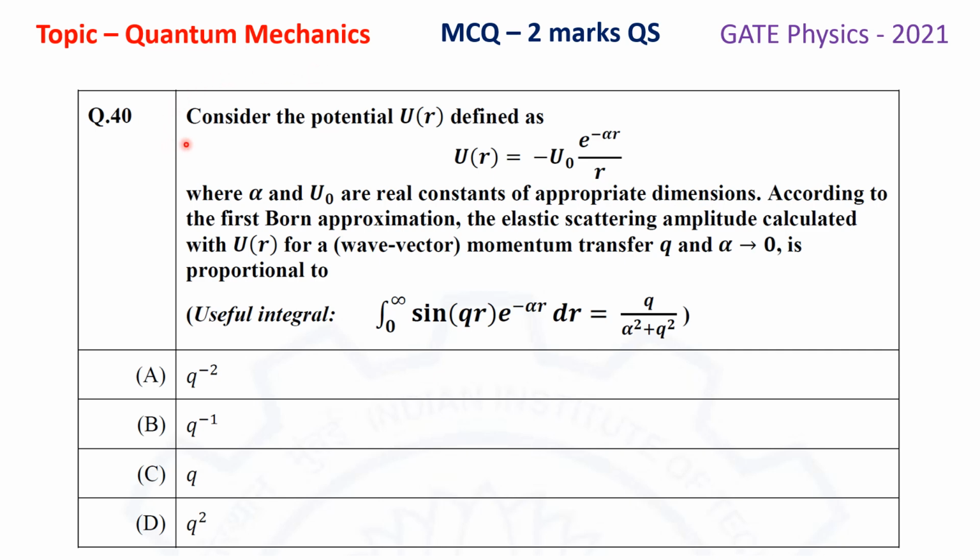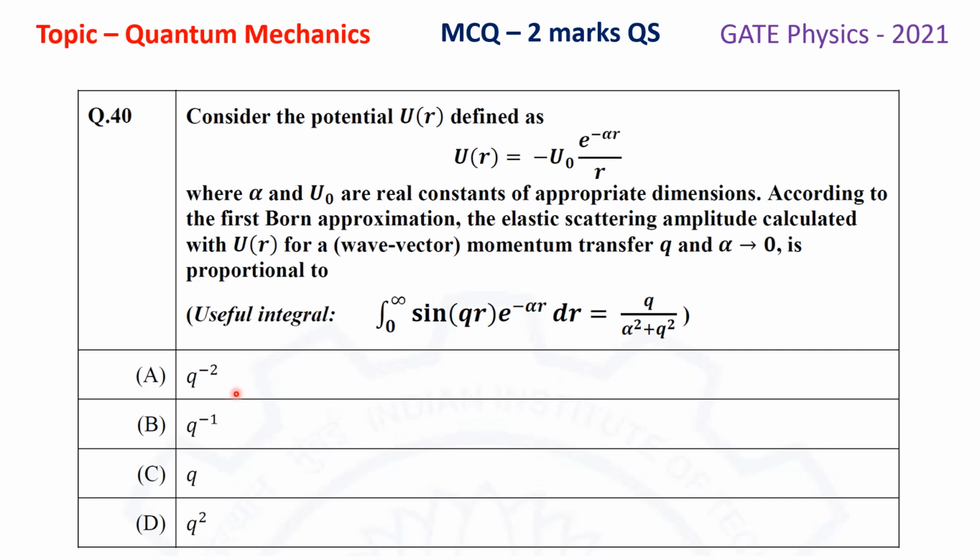The question is: consider the potential U as a function of small r defined as U(r) equals minus mu naught times e to the power minus alpha r divided by r, where alpha and u naught are real constants of appropriate dimensions. According to the first Born approximation, the elastic scattering amplitude f(theta) calculated with U(r) for a wave vector, that is momentum transfer q, and in the limit alpha tends to 0 is proportional to